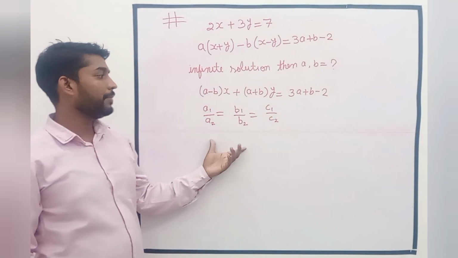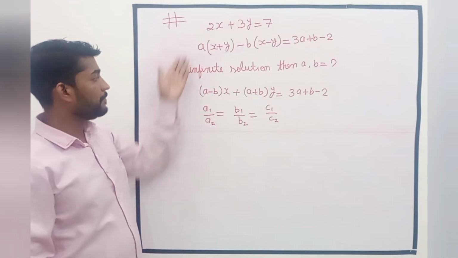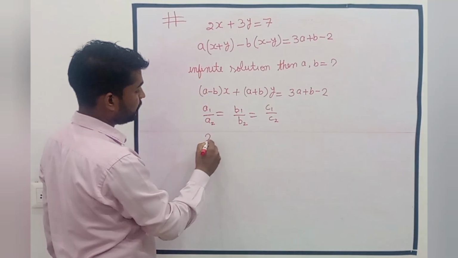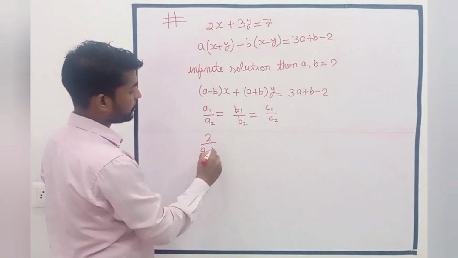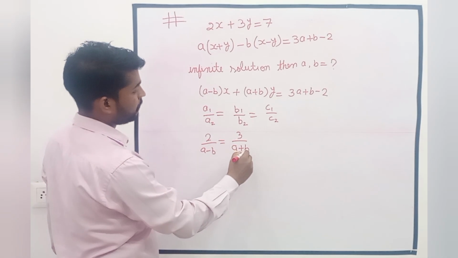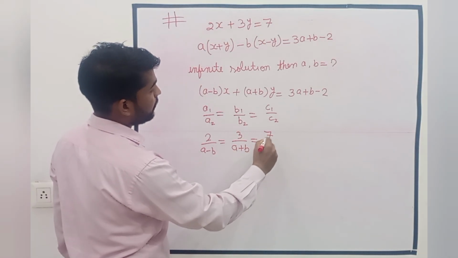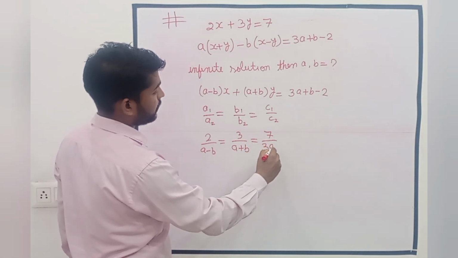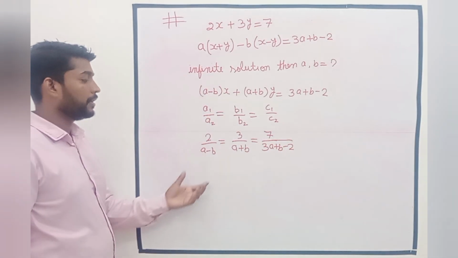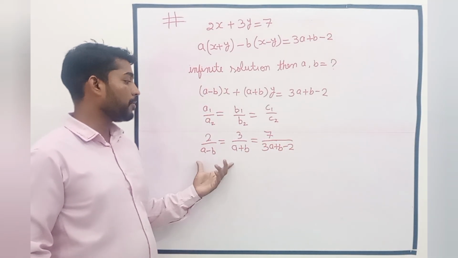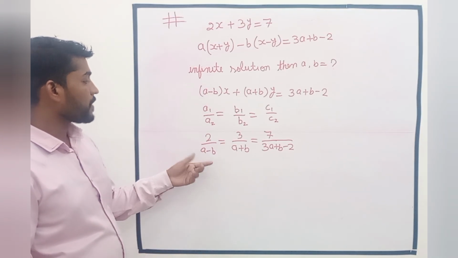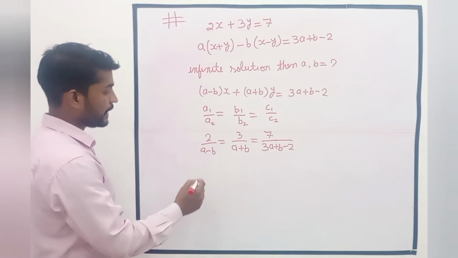This is a solution of infinitely many for this equation, and we equate the coefficients of these two equations, and then we have 2 upon a minus b, 3 upon a plus b, and 7 upon 3a plus b minus 2. From these three equations, we make two equations in the form of a and b, and then calculate a and b. With cross multiplication of these two, we have